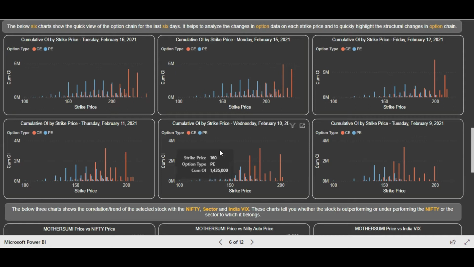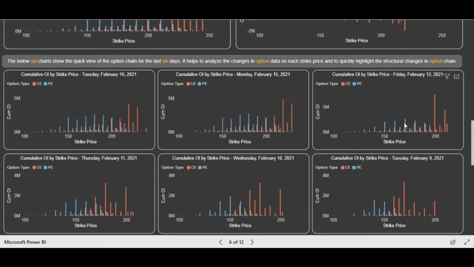Now let's analyze the very next day. You see 150, 160, and also now 170. So now 170 also started getting put OI as compared to the call OI. Put writing started also in 170, and then the next day all the calls were unwound at 170, and now at 180 there was also more put writing as compared to calls, and at 170 the put writing was more.